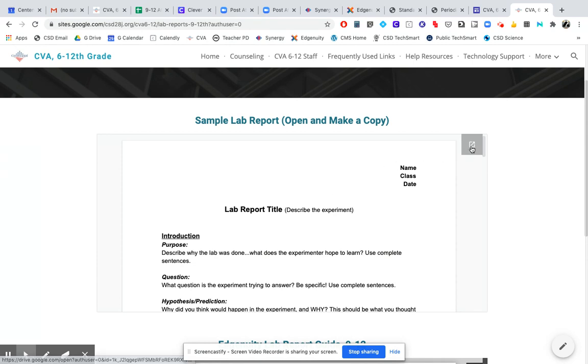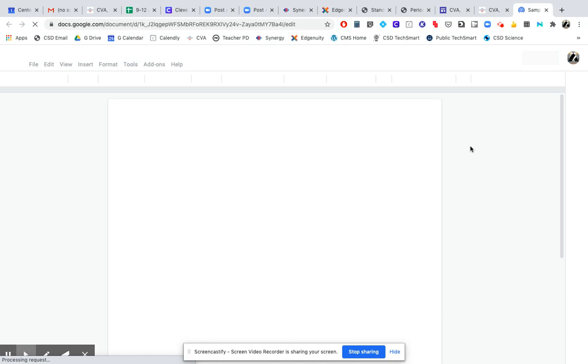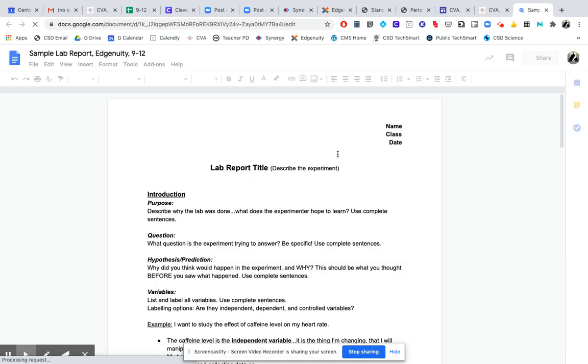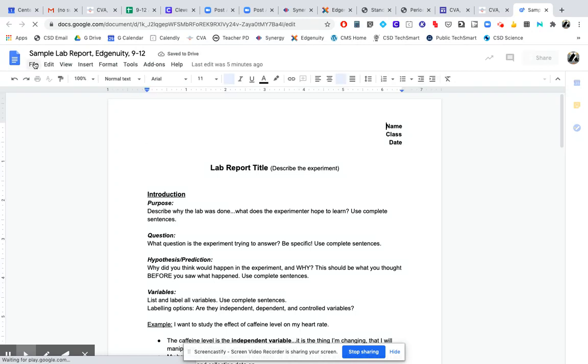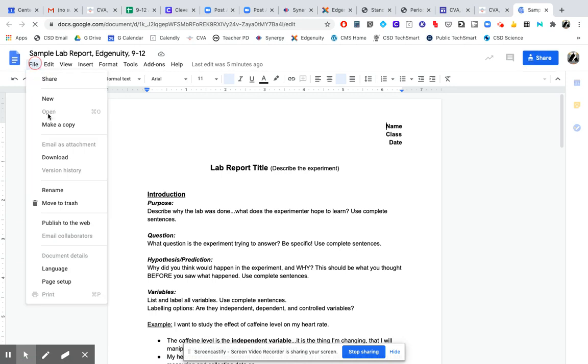So what you're going to do is go ahead and open this arrow, which opens the document in a new window. And then this is a version that you can view but not edit. So what you'll want to do once this is fully open is go over to File, make a new copy,